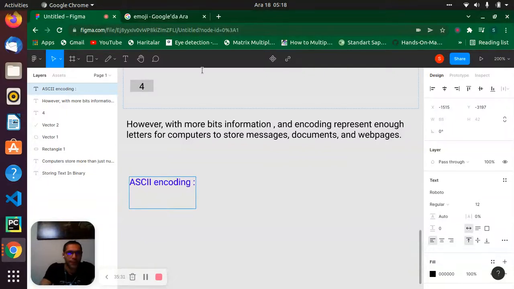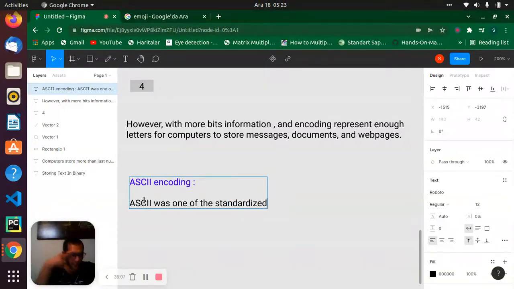Anyway, let's start to write something. ASCII was one of the standardized encodings.